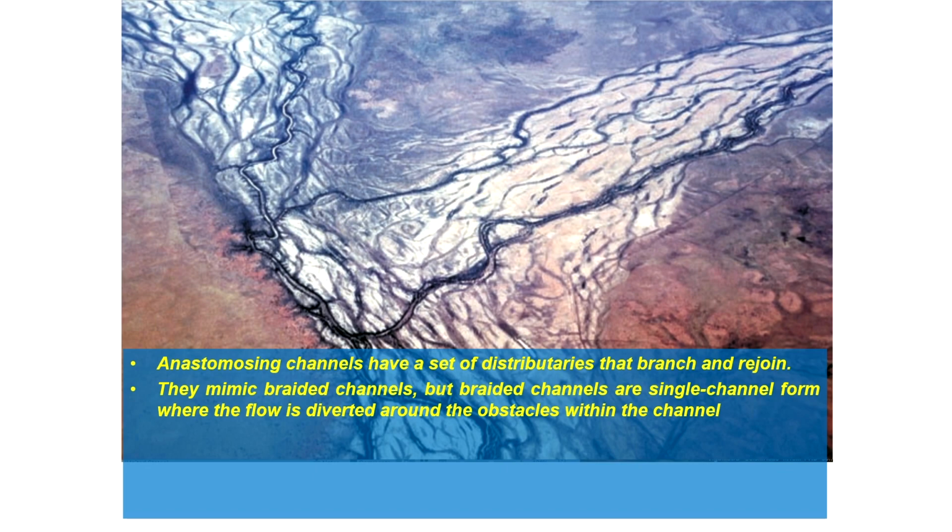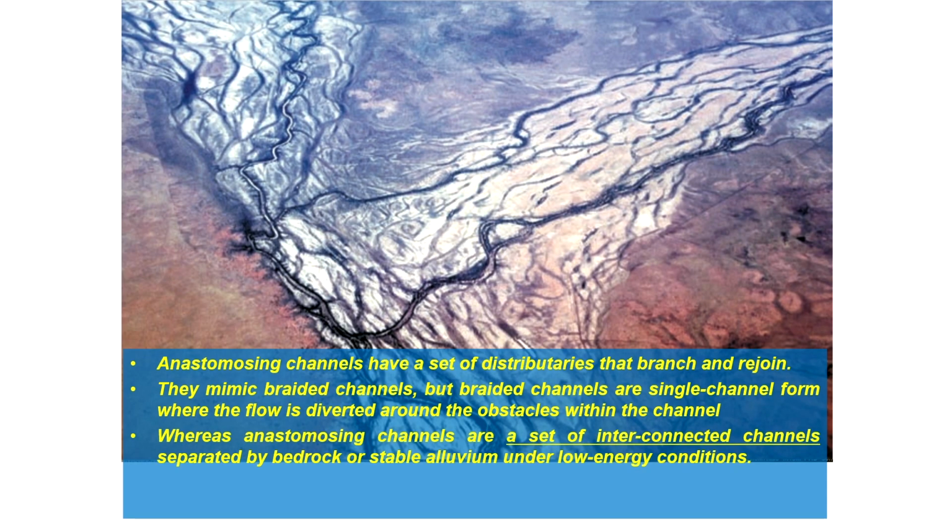They mimic braided channels, but braided channels are a single channel form where the flow is diverted around an obstacle within the channel, that is your braid bars. Whereas anastomotic channels are a set of interconnected channels. So you will have multiple small channels which are interconnected,